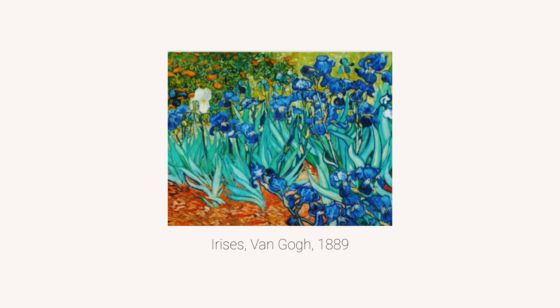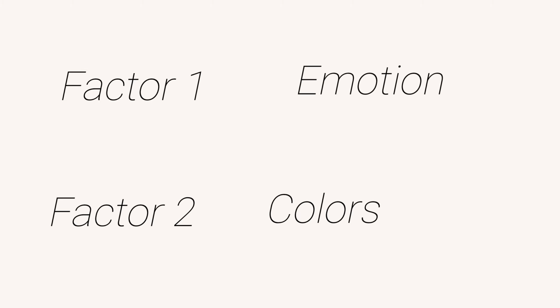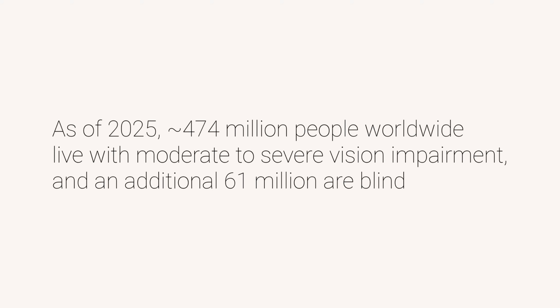Let's take for example this painting. It looks bright and cheerful, but it was painted by Van Gogh while he was in a hospital. As you can guess, not such a bright and cheerful place. So we have two factors, the emotional and the color. You may say, but I can see the color and I can learn the story, so why do I need anything else? But are you sure everyone can see it? Or are you sure you're seeing it correctly?